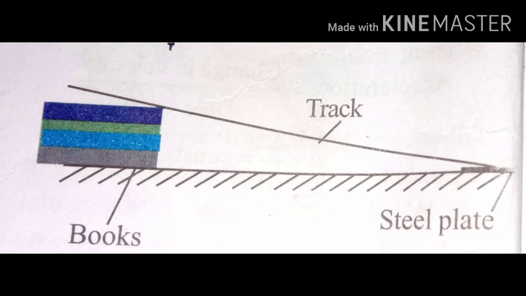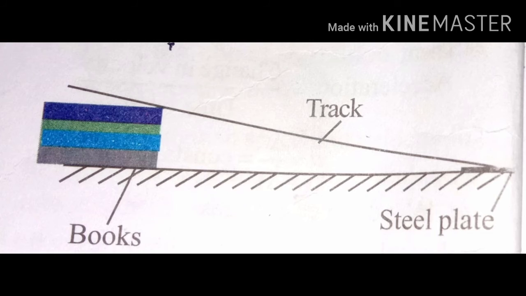On this track, mark the readings in centimeters. Start from the downward side: 1, 2, 3, 4, 5. Like this, you will get some 50 to 60 centimeters of track. Now place the marble at any of the centimeter marks. You choose the distance, let it be 30, 40, whatever it is. But for the same distance, 50 or 40, you have to take three trials.